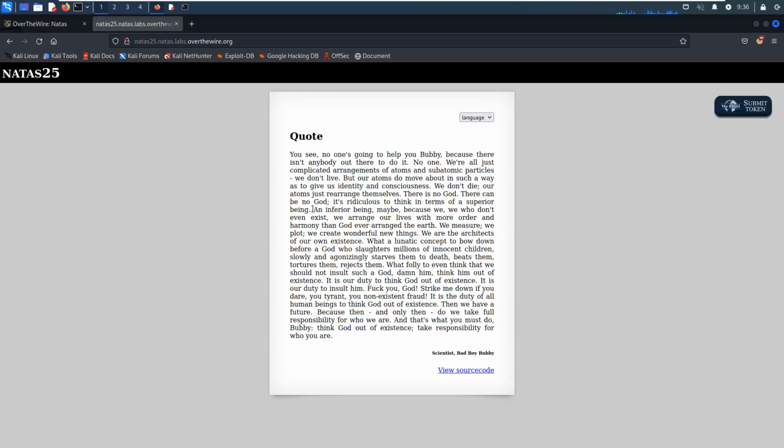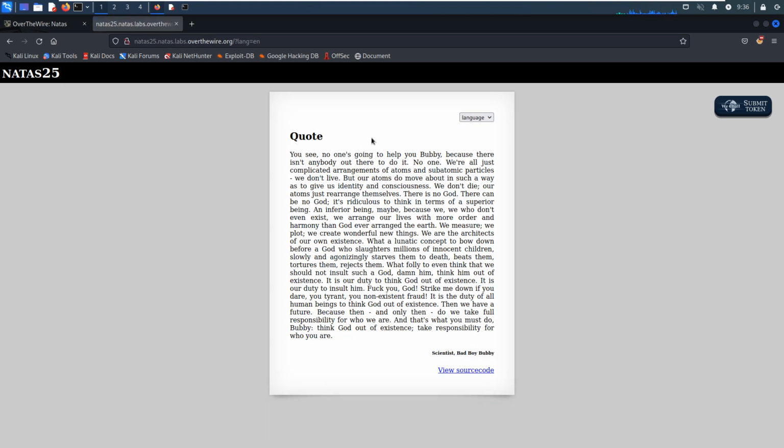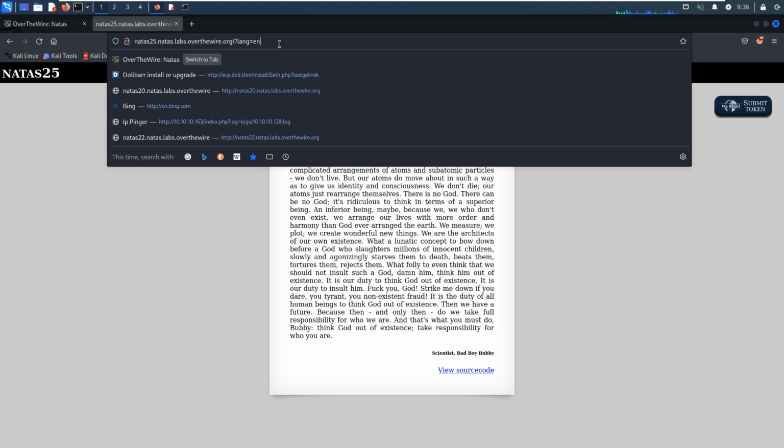Okay, there is some code, and on the top you can see we can set the language to English. From the pattern, maybe we can tell that this parameter lang is vulnerable to file inclusion.